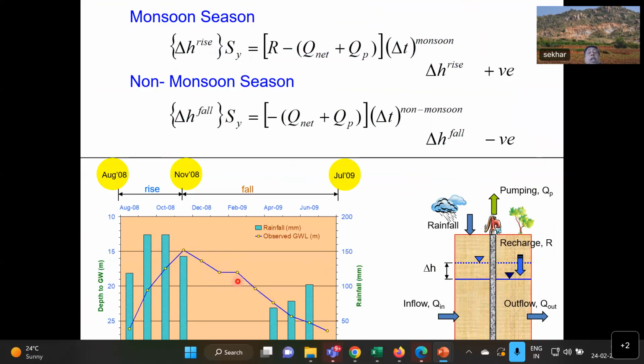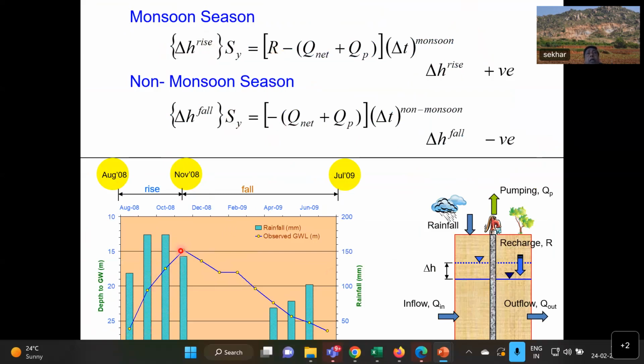So that means we can re-change this equation because we have only a few measurements in a year. We can say, let's say 4, I told you, which is the national approach. So you have a rise function starting from August to November, which is called delta H rise. And you say that the rise in the water level multiplied by specific yield, because you're talking about the volume of water, you multiply a parameter called specific yield, which is a function of porosity. And then you have this must be equal to, during this rise period,